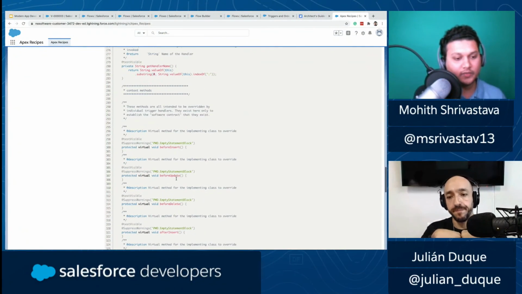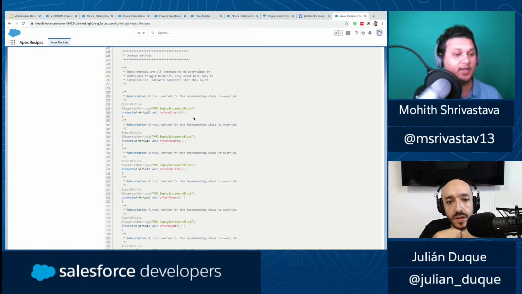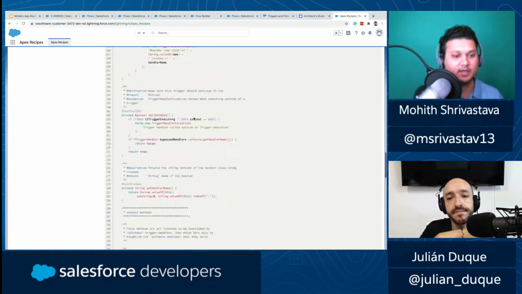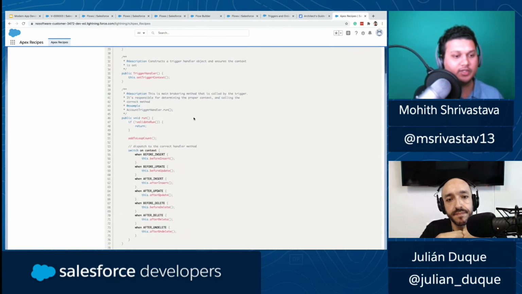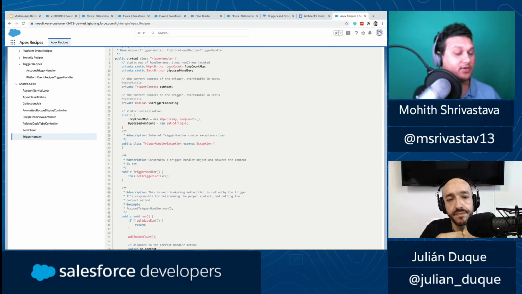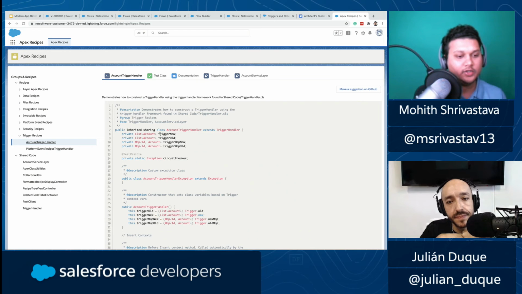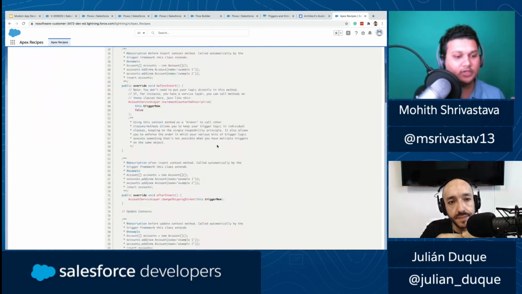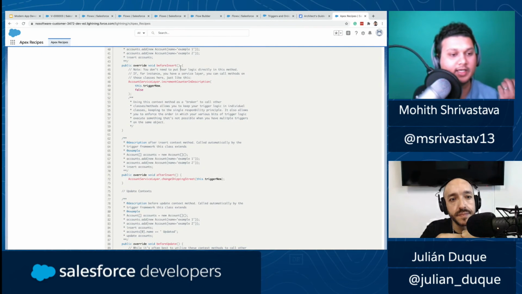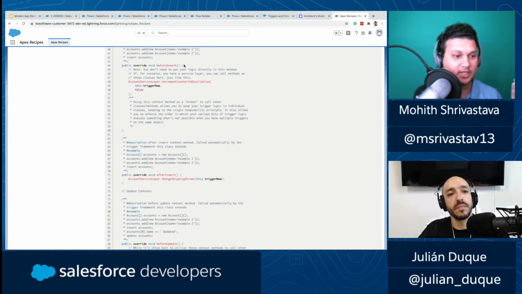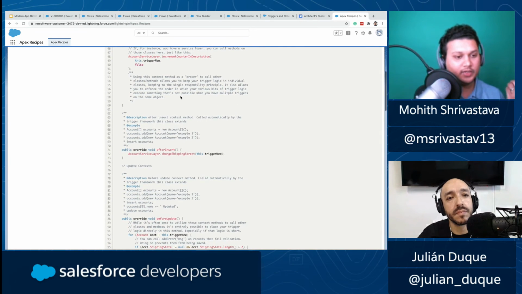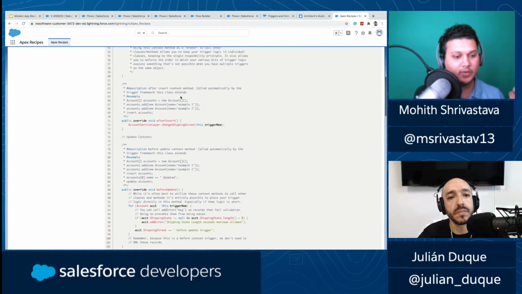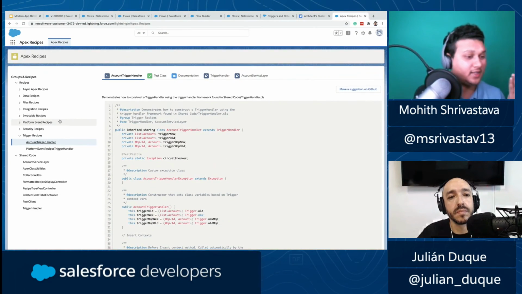And also, he has created sort of an interface, I think it's a virtual class, so that, let's say you're writing a trigger on an account, you just extend that class and then you just override the pieces. For example, I need logic on before insert. I can go and override the before insert logic, right? So the developer should actually go and look at these recipes, and we have recipes for a lot of things,